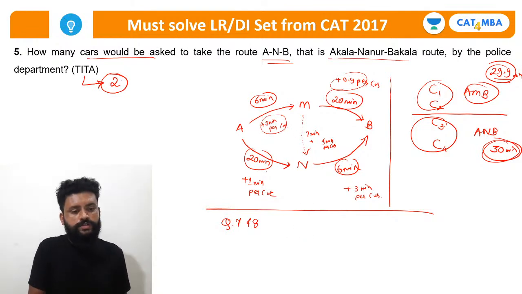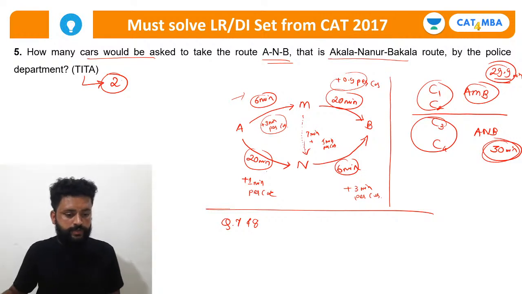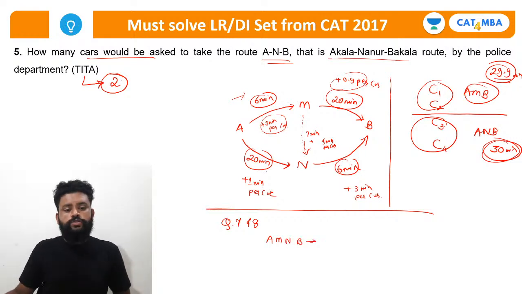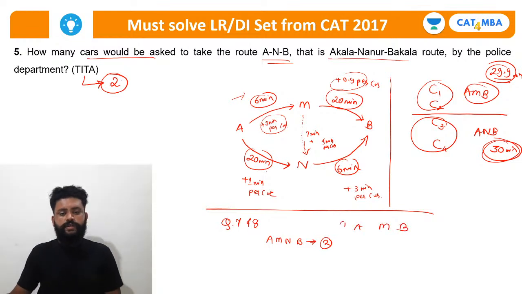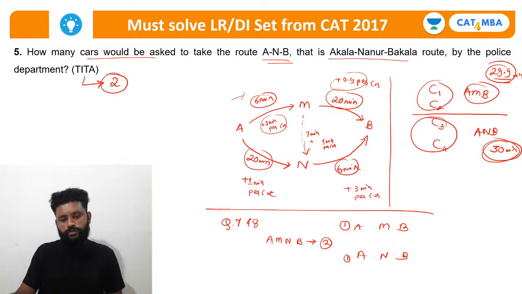फॉर श्योर अगर तुम देखोगे, यहाँ से अगर मैं एक कार दूंगा, इधर से एक कार दूंगा, तो यहाँ से जो कार आएगी AMNB से इधर 3 कार हो जाएंगे. तो फॉर श्योर सिंपल कॉमन सेंस है गाइस, AMNB पे इन्होंने 2 कार को जाने के लिए बोला, और AMB रूट से एक कार जाएगी और ANB रूट से एक कार जाएगी. इससे क्या होगा,